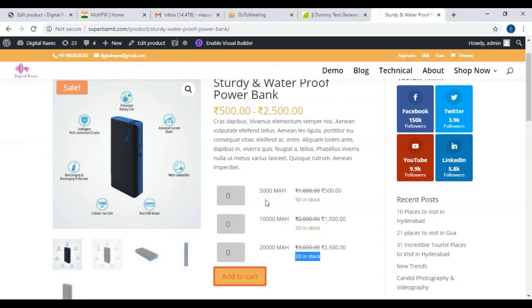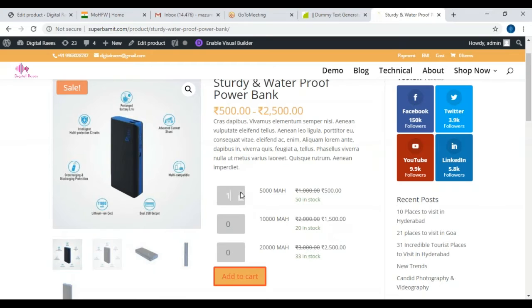But if you're listing it like this, you can upsell some of the products. If the price difference is not much, say 5000 mAh is 500 and 10,000 mAh is 700, people might think, okay, why not go with 10,000 mAh, because it is a difference of only 200 rupees. So now you are gaining extra business of 200 rupees. That is the advantage when we create a group product.